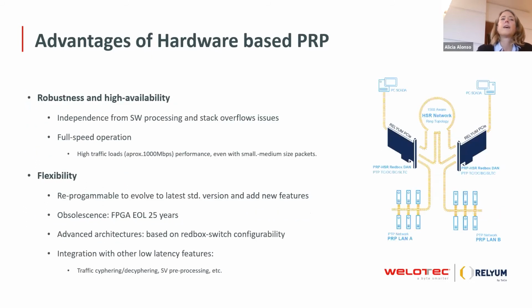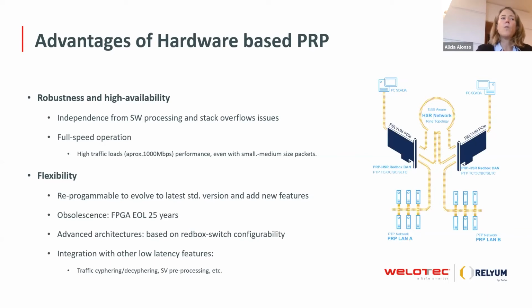So yes, these were some benefits on the side of the CPU of the main platform, but the same benefits we can find in the implementation of PRP itself, in terms of robustness and high availability. PRP performance won't be affected by any overflow issue in the CPU of the host board. This is very important because it's a way of guaranteeing robustness in the implementation of PRP. And very important for high traffic